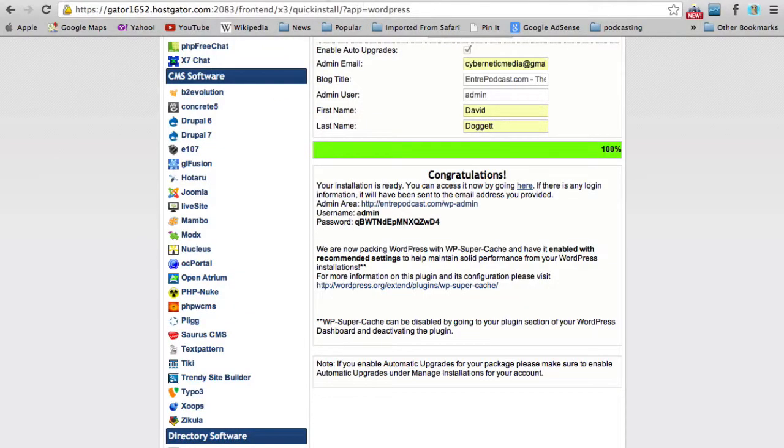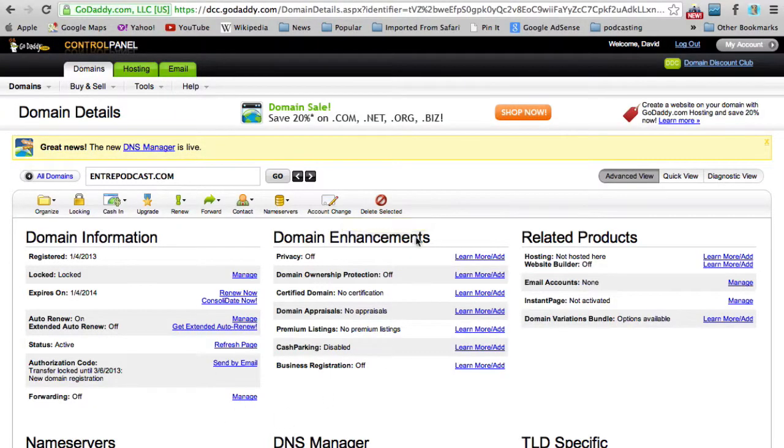That is, in a nutshell, a crash course on how to set up a domain name through GoDaddy and configure it to load a new website